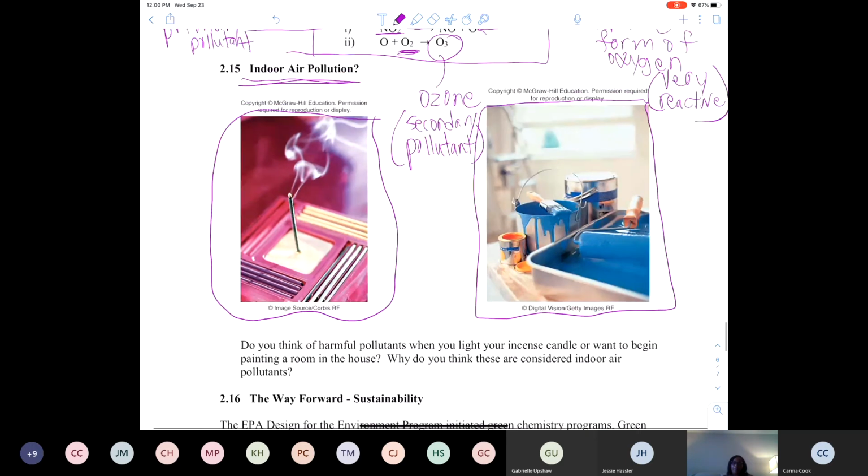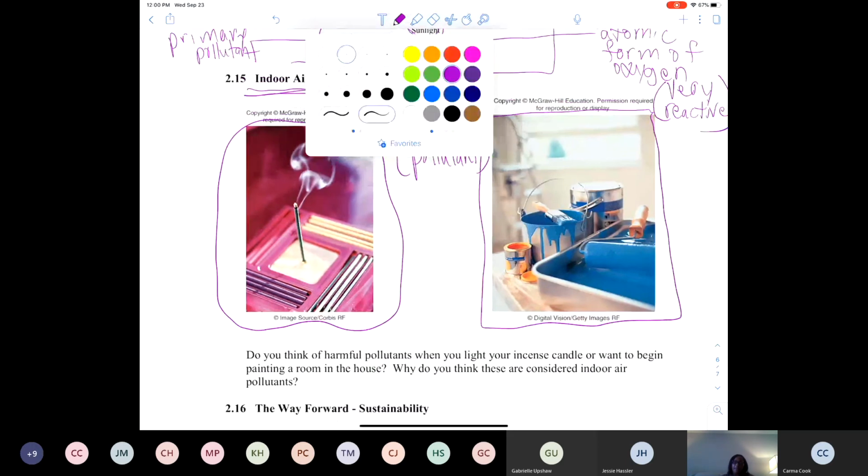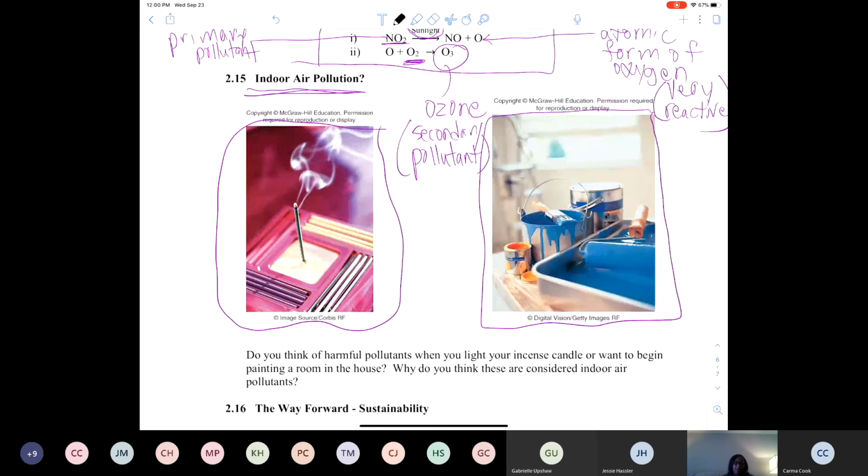Some other indoor air pollutants that have been of concern lately also is radon. Radon is one of the noble gases in group 8A of the periodic table. And so electrical appliances and other electrical apparatus, they give off a certain amount of radon naturally. And so radon is another element that is a possible indoor air pollutant if those levels get too great inside